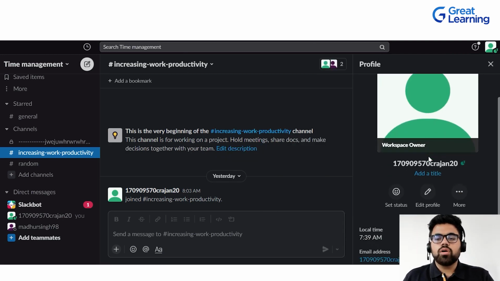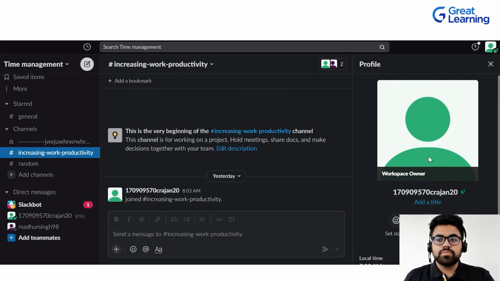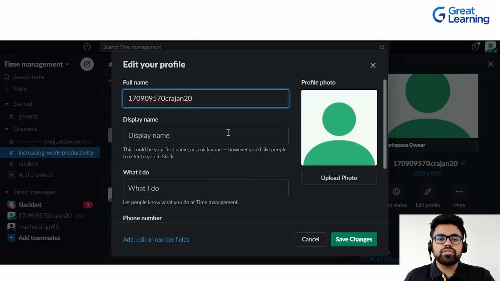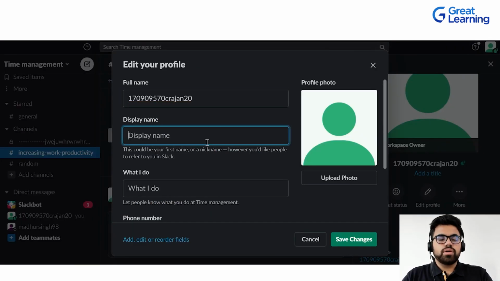Now, since we are all working remotely, it's advisable for everyone to update their profile picture so that the people in your community, your business entity and your organization would clearly know who you are, right? So you can edit your profile from here. You can change your name, let me write my name. You can put up a profile picture. What do I do?